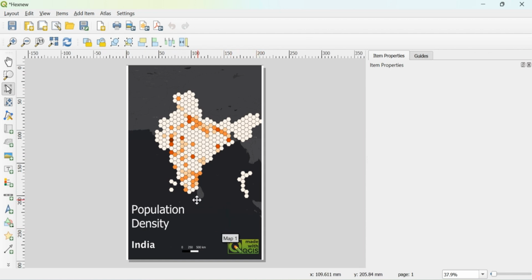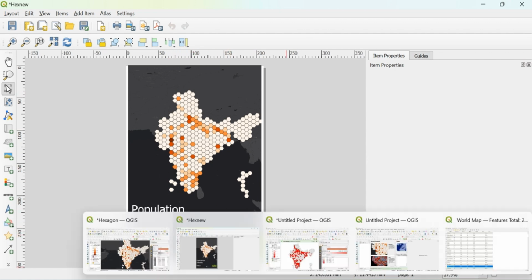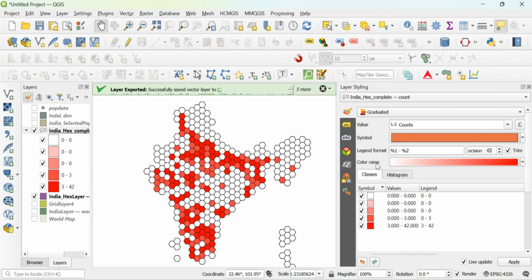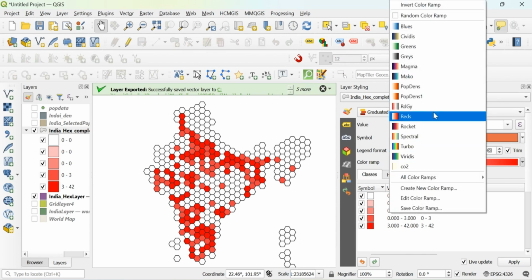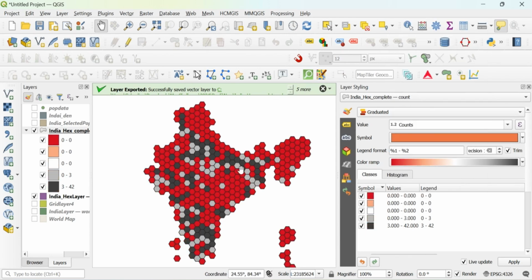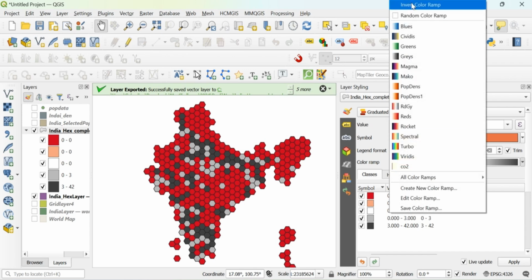So I will not be going through the layout because that takes a lot of time to do, but you can just use this template and then try to see if you can perform different visualization on it. I think here you can display it in red, green. So it looks like this doesn't make so much sense because the black ones are the low values, the high values, and the red one are low. So I just need red.